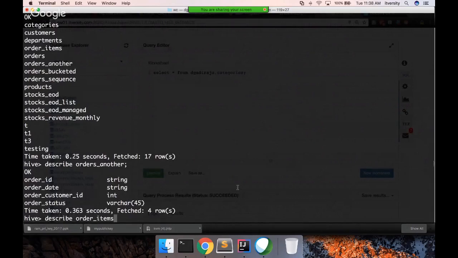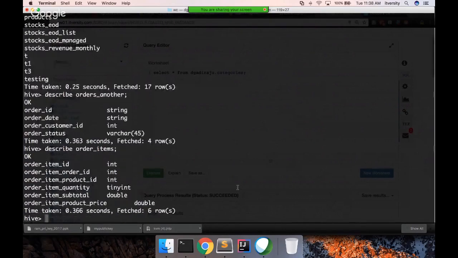So let us say you always join orders and order items and generate reports out of it by joining with other tables. In that case, most of the reports you typically join orders and order items, and then the output will be used for different purposes. For those scenarios, you can create a view and then you can join that view as part of the other queries or other reports, which will simplify writing